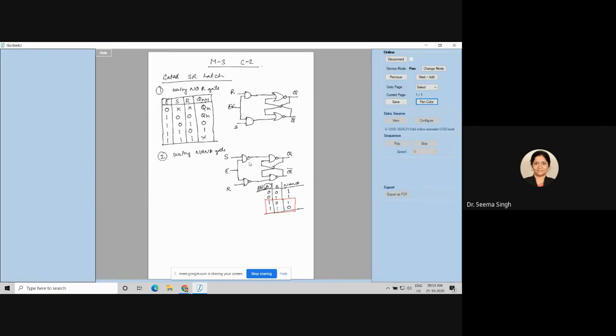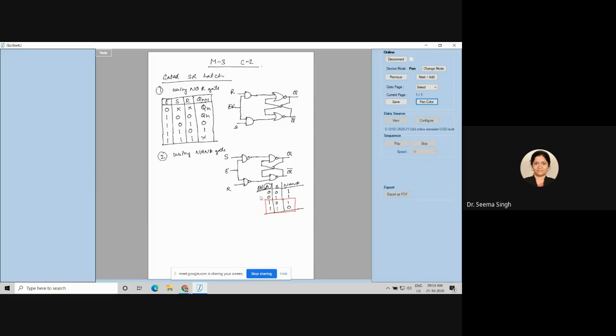Here in your previous circuit of a NAND gate latch, where you were using this as a NOT gate. Remember? What was your NAND gate latch circuit? You were using it as a NOT gate. The first pair of NAND gates was used as NOT gates. So what is happening here? If you keep your enable as 1, you are getting your NOT operation only. 0 to 1, 1 to 0. You are getting one operation only.